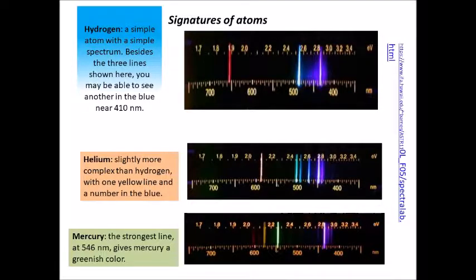So each atom has its unique emission spectrum, and from these emission spectra we can say that these are the signatures of atoms that help us to identify the element in a given mass of unknown substance. Now where will you find these unknown substances? Obviously the minerals. How do we know? When we mine a mineral, we don't know what elements are present in it. Once we isolate the elements, then of course there are different methods of isolation, we study the spectrum and identify the element present in that mineral.